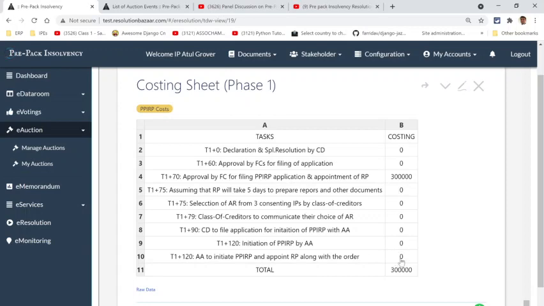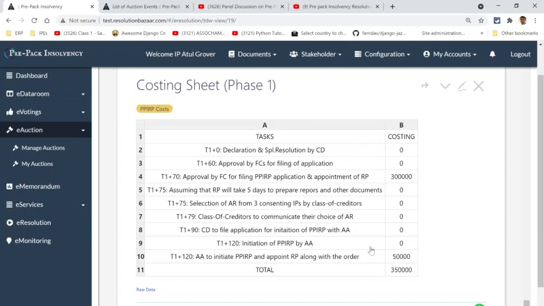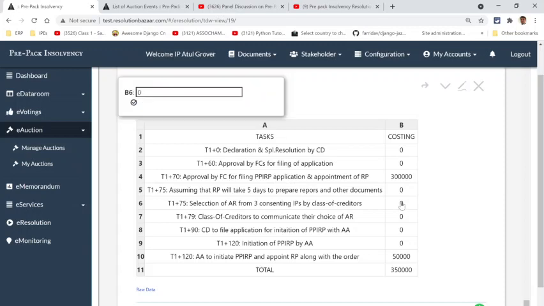Yeah, I haven't broken this down, but here there is going to be a lawyer who will be fighting this case out, who will be applying for this, and let us, for the sake of argument, give 50,000 here. File application for initiation, class of creditors. So the AR comes in here.